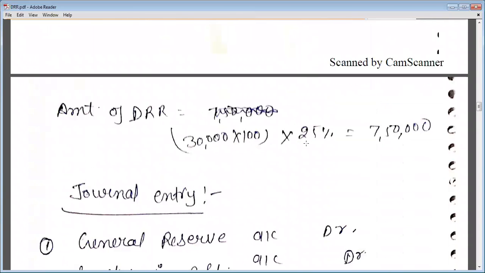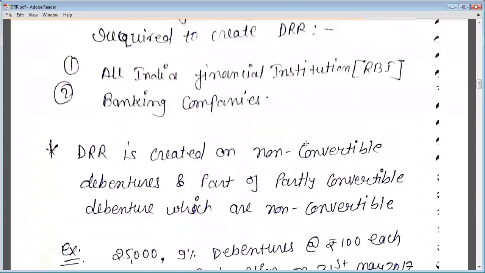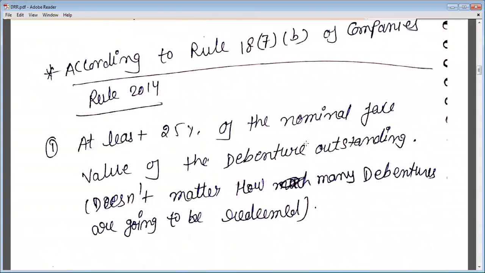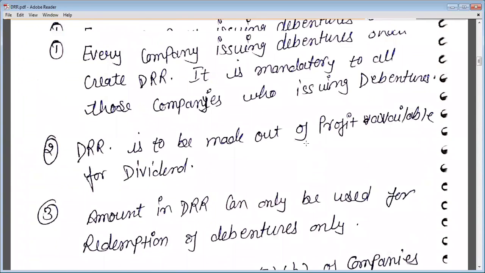So what is DRR basically? DRR is a reserve which a company has to create if the company is going to issue debentures. A company which is issuing debentures has to create DRR, that is the debenture redemption reserve. And at the end of the just preceding financial year of the year in which you are going to redeem the debentures, you have to maintain a DRR of at least 25%